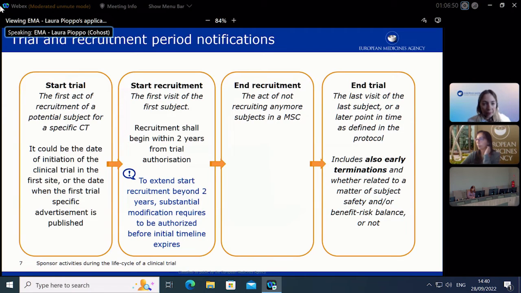Now the regulation is clear that the recruitment at the site should happen within 2 years from the trial authorization. And if no patients are recruited within 2 years, it is possible for the sponsors to request an extension of the recruitment period beyond 2 years. And this can be done with a substantial modification that will need to be authorized in order to allow the